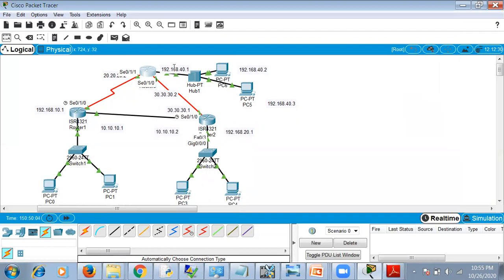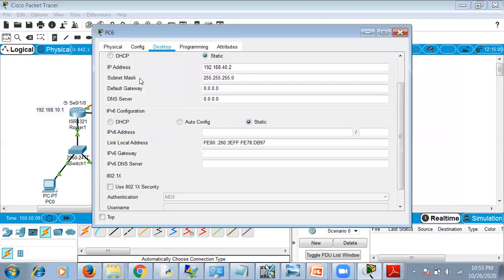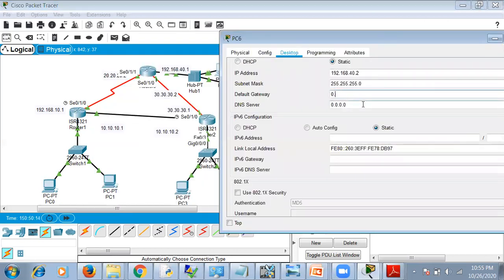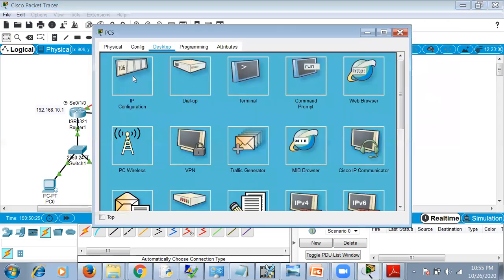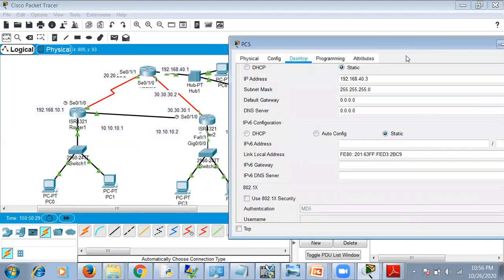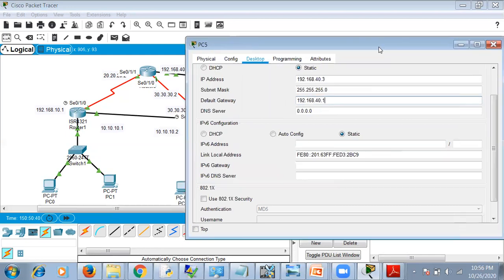This channel has 40.1 as IP address. Click on this. Gateway is set.